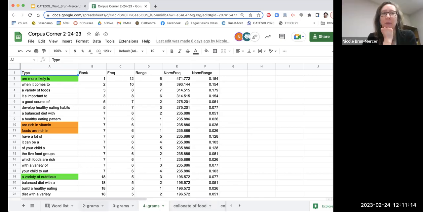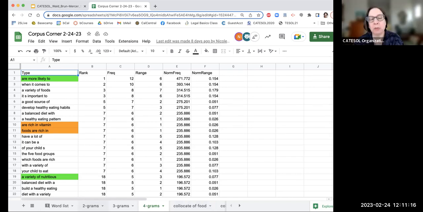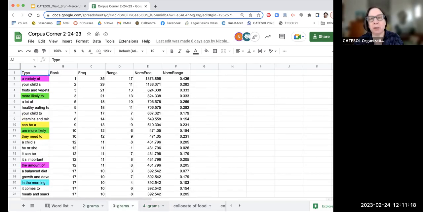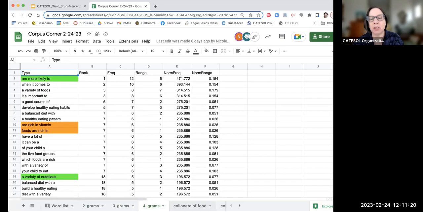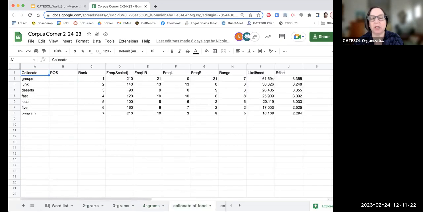Margie, did you want to say something? Yeah, I just wanted to let them know that we were also using these data right here, which were bundles. So we looked at individual words, we looked at some collocations, and some other things. And then I'll go ahead and open the word list that we created from all this.